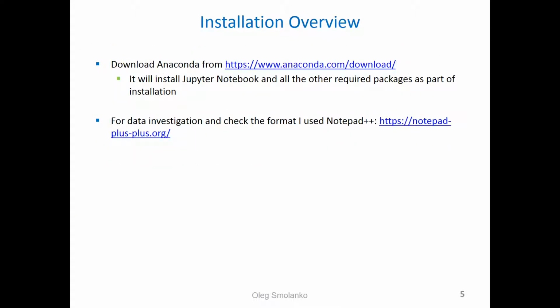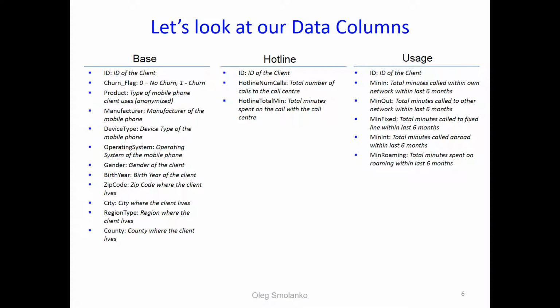To start with, I installed Anaconda Continuum, and as mentioned, for data investigation I used Notepad++. In order to get a view on the data, this is the overview of the columns. As we can see in the base information, we have product information like the type of the mobile phone the client uses or the manufacturer of the mobile phone,